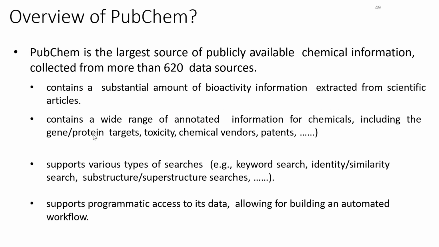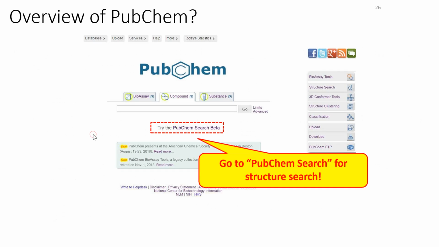It is claimed to be the largest, and it has a lot of information, especially related to bioactivity that is usually extracted from scientific articles. So basically, if somebody has used that chemical and tested it against a particular disease in a particular bioactive assay, they get data from that, with a link to that paper, of course, and incorporate that information into their database for that particular compound. And other annotation information,